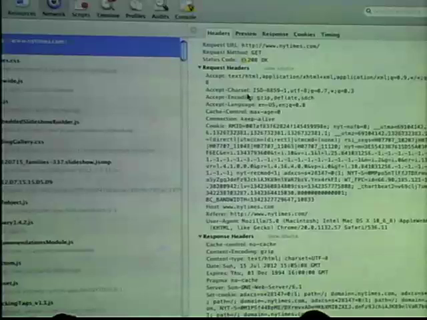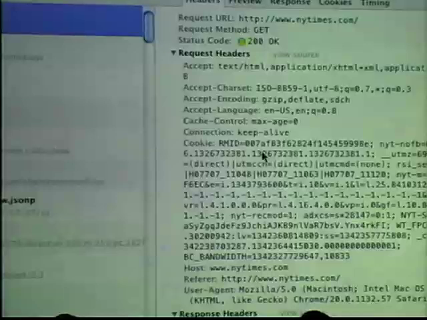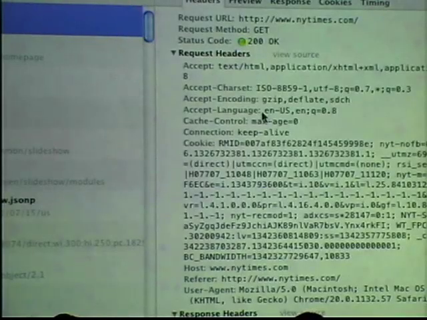If we go to the very top, we have, of course, the New York Times webpage. So if we click on that here in the developer tools, it actually shows us the HTTP headers that have been sent by the browser and all the responses that come back. So those headers, for the most part, are really boring stuff. It's saying, hey, I'm a web browser. I can accept some HTML text, or I can accept some XML text, or all these other things. Hey, I happen to like English a lot. Things like that. Kind of most useful for understanding, though, this interaction between the web browser and the website are